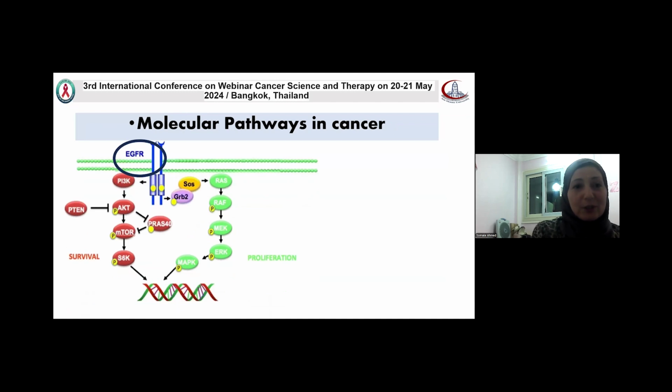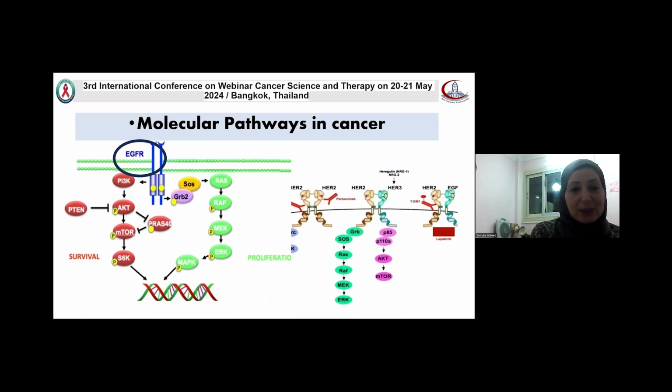What are these molecular pathways? Just to have an idea about these molecular pathways, EGFR, which is epidermal growth factor receptor, and HER2-NEU, which is epidermal growth factor receptor 2, are receptors that can stimulate cell proliferation. So once they are upregulated, this will make the cell proliferate. They can act by two pathways through activation of signal transduction molecules. The first pathway is